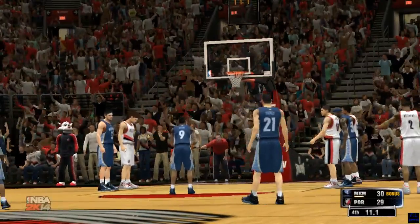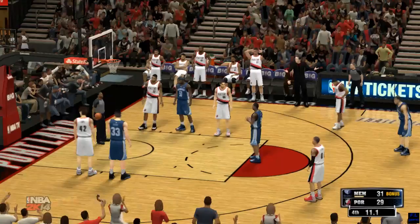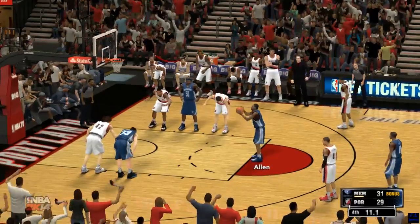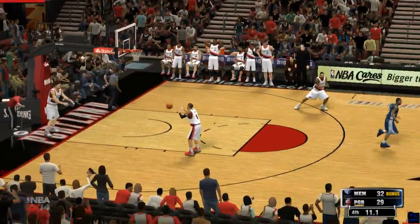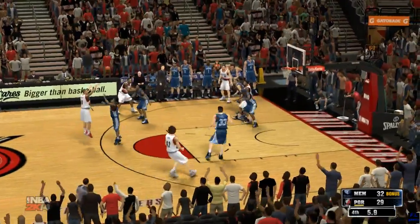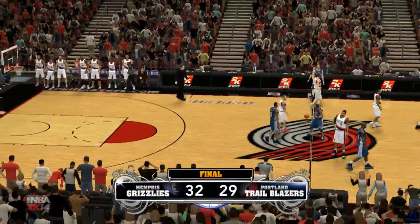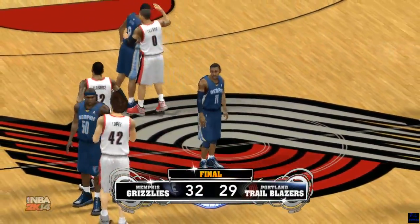You can't let them just dribble it out. That's right. I mean, you got to send them to the line and hope for a few misses. First free throw is good, and that will put them up by 2. Second one is good. Hitting both at the line, and it's a 3-point game. 11 seconds left in the 4th quarter. Lillard from outside. Can't knock in the 3. So a close game sees Memphis take this one. Clark, it was anybody's game right to the very end. Yeah, it was. The coach is happy with the outcome, but maybe...